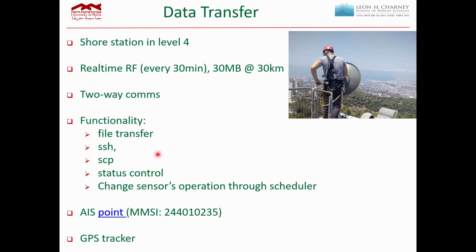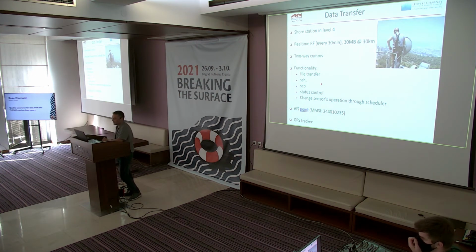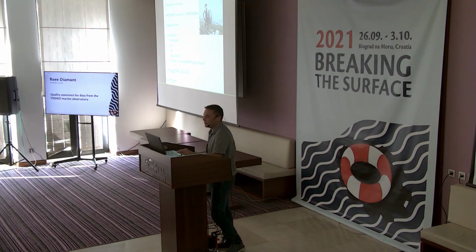And then the buoy actually also has an AIS system on it. It wasn't easy because the Ministry of Transport doesn't give AIS MMSI numbers to buoys. It gives it to ships. So I needed to convince them, and I went there and I told them I need an AIS. So they asked me, how big is your boat? So I told them, it's not a boat, it's a buoy, it's 2 meters. They said, okay, how fast does it go? It doesn't go, it's a buoy. But eventually, with some diplomatic help, we managed to get the MMSI, and we have an AIS